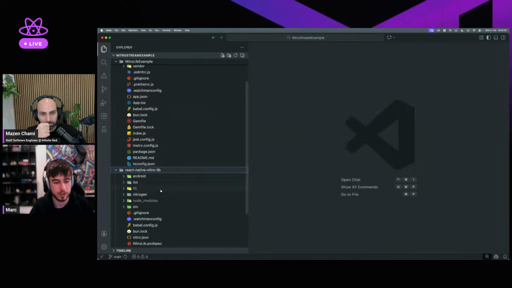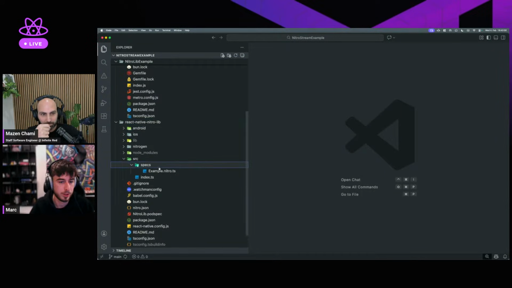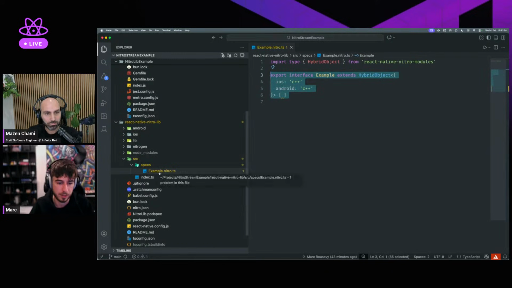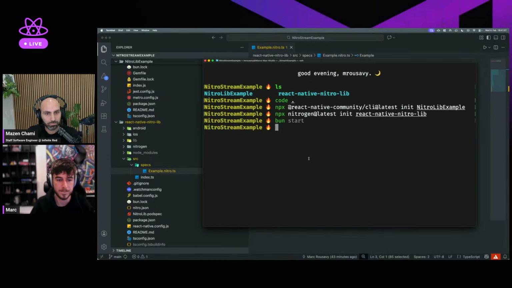Then I generated the specs for the Nitro module, for which I first wrote a simple example Nitro module, because if you generate the specs without an example module, it's going to tell you there's nothing to generate, and it's going to fail. So you need to write some kind of hybrid object. In my case, I call it Example. It extends HybridObject, and then we have the platforms in here. This is the typical Nitro syntax. I'm going to explain it in a second, but what you need to know is I created example.nitro.ts there, and